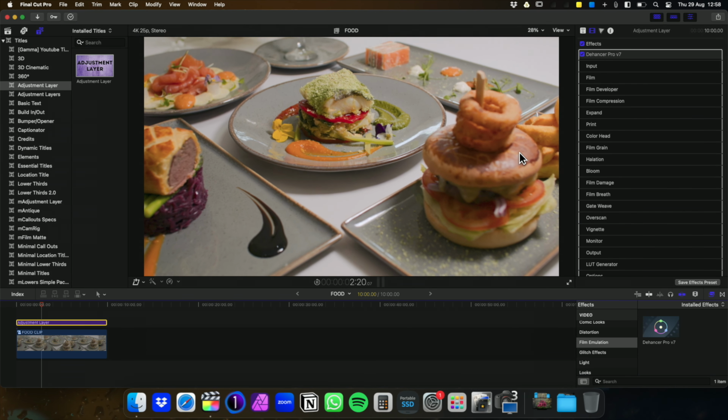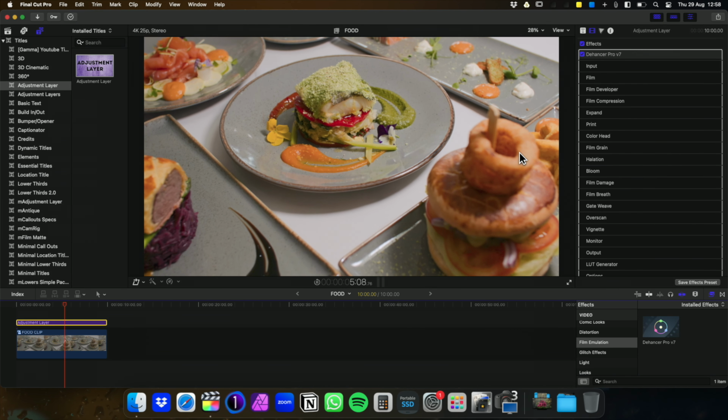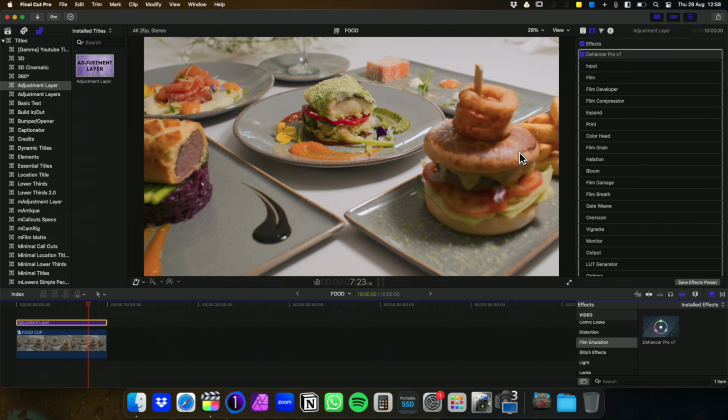Hello people, so welcome to Final Cut Pro. This is the editing software that I use for all of my video work, be it for clients or be